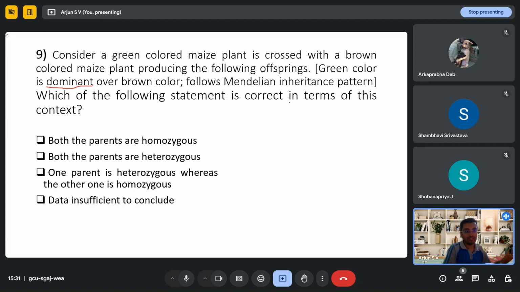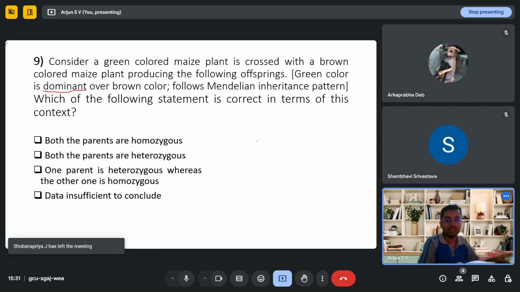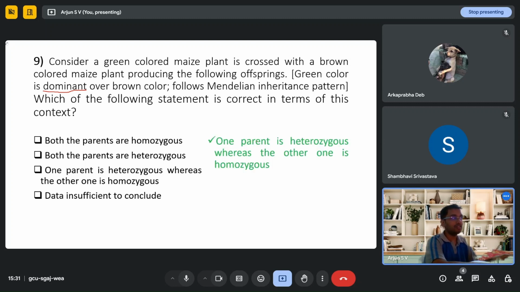So we already saw that according to Mendelian inheritance patterns, if the dominant and recessive parents cross and lead to the same phenotype, same genotype, then both the parents should be homozygous. One parent is homozygous dominant and the other parent is homozygous recessive. Then only they can give rise to all the F1 generation offspring which are heterozygous dominant. So the answer will be,